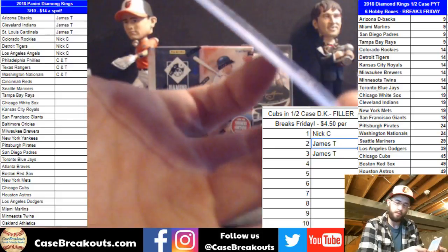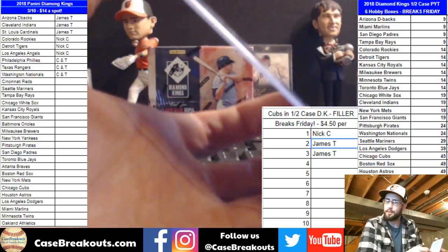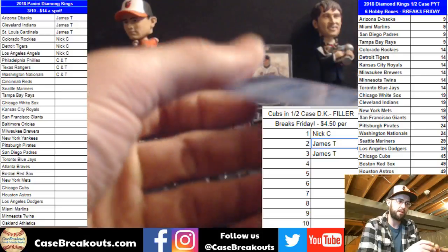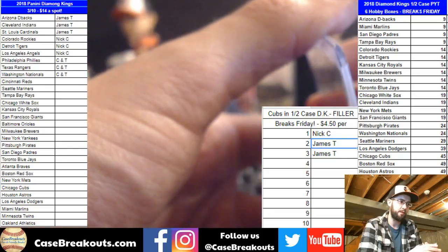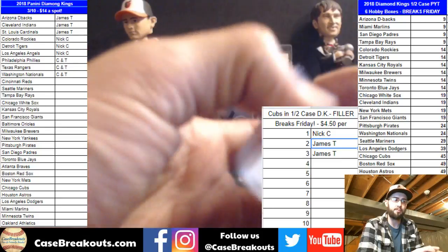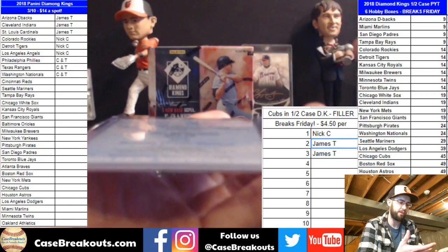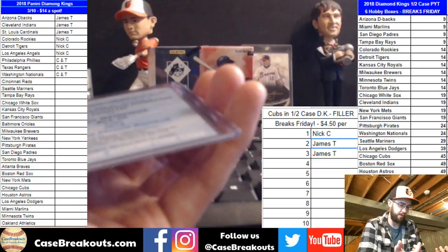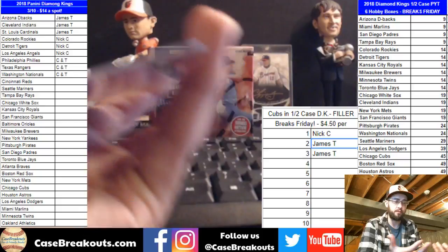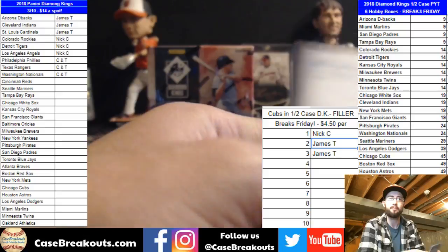But just some of the stuff, even like we've gone through a fair share of Panini products, and we've pulled out some stuff that's been pretty dinged up, beat up. I think our first like three breaks of Panini, we pulled out a patch card that was real bad, and it was horrible. I mean, it wasn't us. It came out of the box like that, but we kept the card and bought